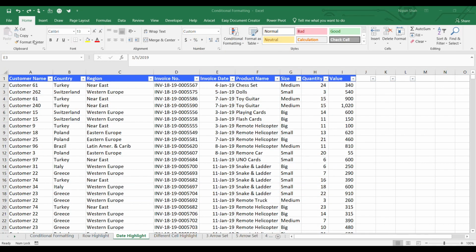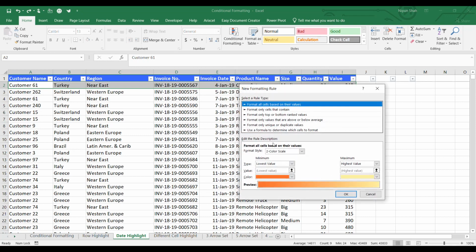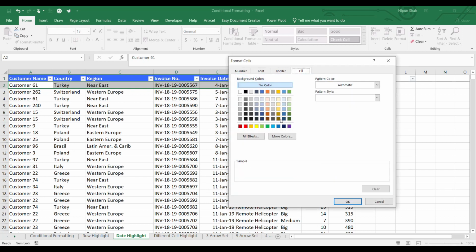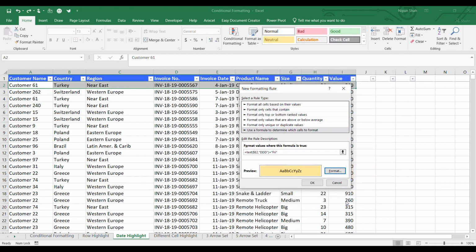Guys, let me show one more interesting trick. For example, here you want to highlight all the sale items that happened on a Friday. How can you do it? For that, select the row, go to conditional formatting, new rule, use a formula where the text of this cell formatted in a DDD format equals Friday. Make sure that you have not frozen the row. Then set format yellow fill.